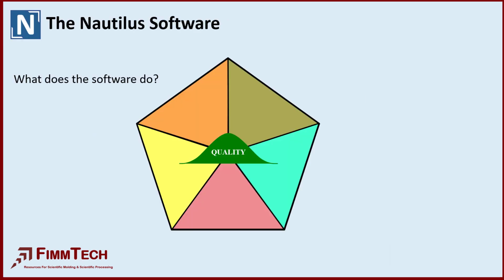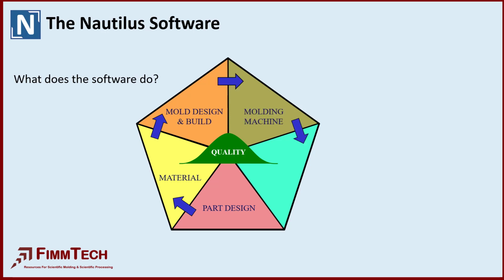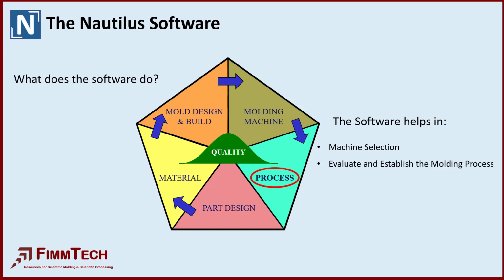So what does the software do? There are 5 elements that are very important to achieve the quality of a molded product: the part design, the material, the mold design and the build, the choice of the molding machine, and the molding process. The Nautilus software helps in machine selection, it helps you to evaluate and establish the molding process. It also helps you in process transfer, documentation, machine validation studies, and a lot more features are included in the